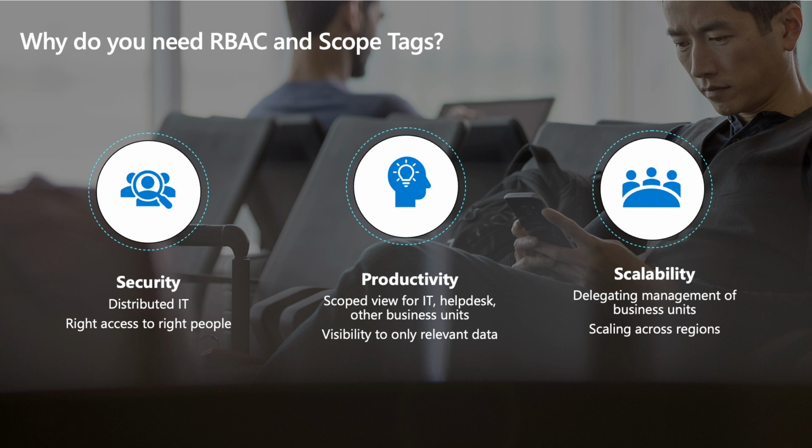For all these scenarios, if you want your region or department admins to be productive by managing only the 100 apps applicable to them and not viewing 5,000 apps in the organization, then that can be achieved using scope tags. These scope tags would enable them to view relevant objects and hide the ones they should not be looking at. And also, to be able to scale a central unified solution across all your regions or departments for easy manageability and cost effectiveness, you would want to be able to scale it out to various geographies. And again, to enable you to achieve this delegation, you do need RBAC and scope tags. And hence, there are multiple benefits in terms of security, productivity, and scalability when you start using role-based access control.